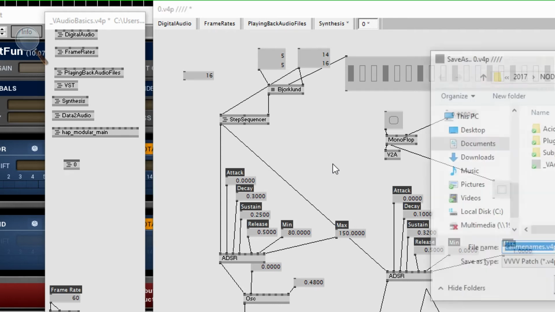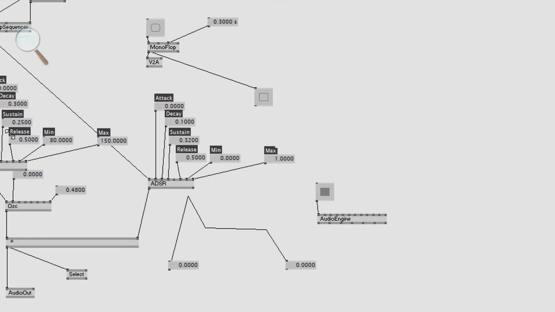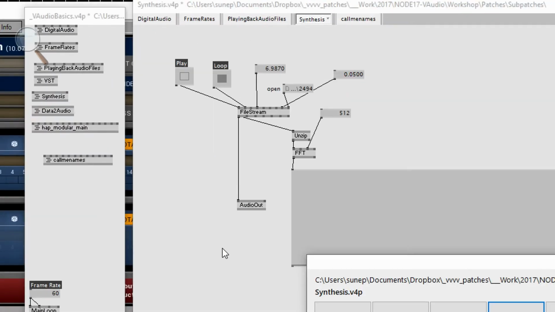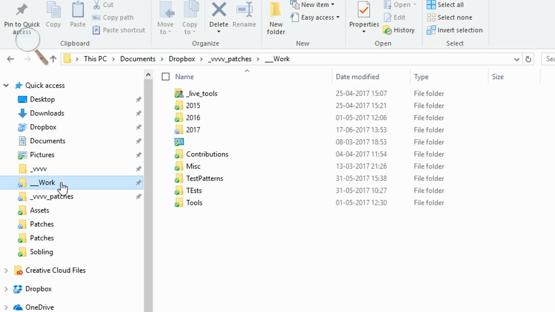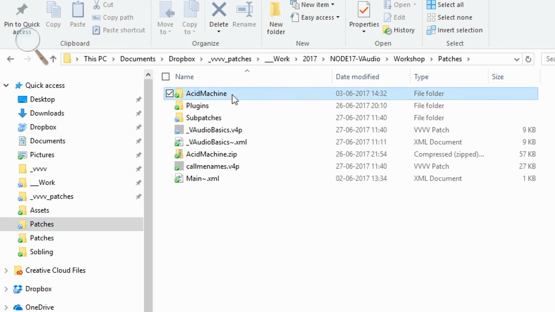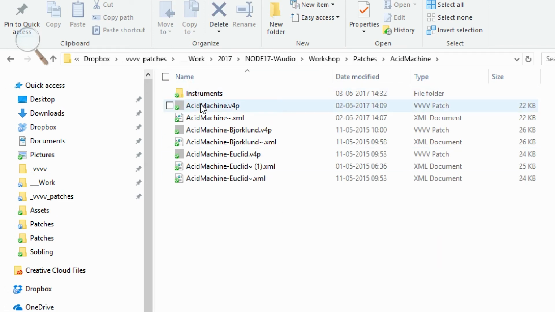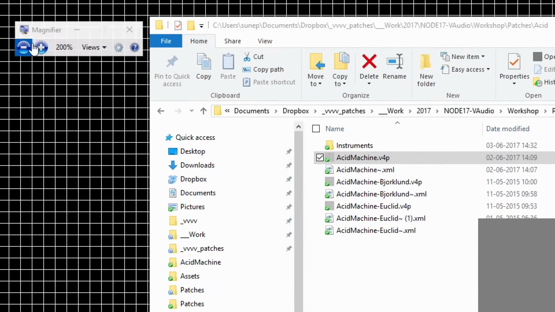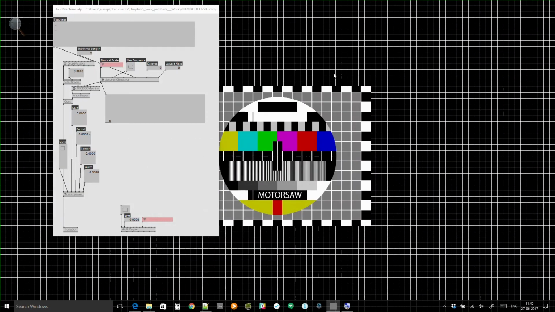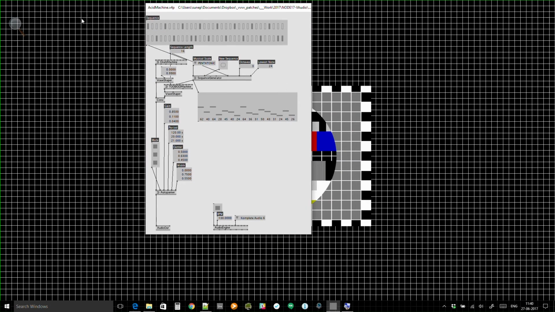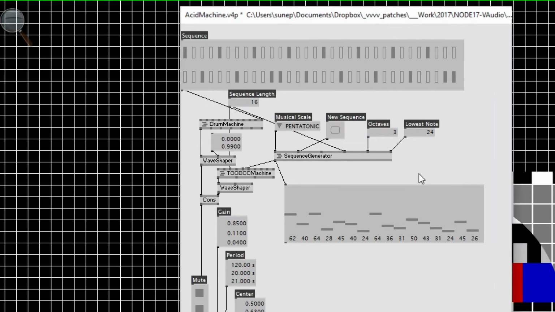And while we are at this, I'd like to show you the acid machine, an example I made last year. Looks like this. It doesn't sound very good, but